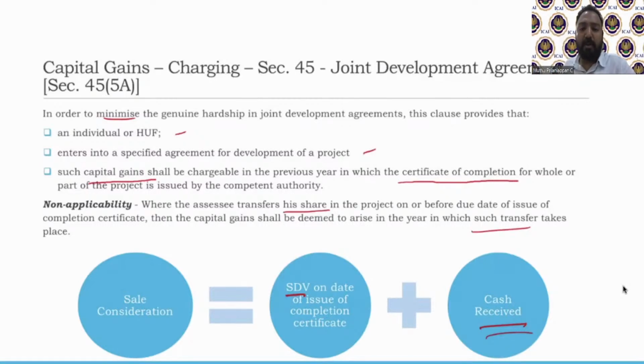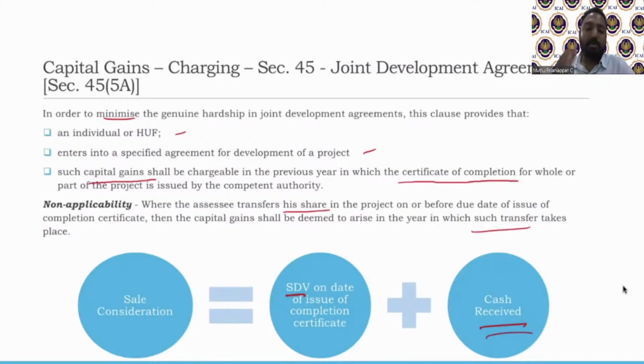Then we saw enhanced compensation, where we said whatever is enhanced compensation will be taxed in the year of receipt. Cost will be nil. And if it is an interim order, then the order date is what is relevant for taxability. If the person has passed away, the recipient will be taxed. If subsequently it is reduced, you need to apply to the assessing officer to get the refund or reduce your income. So that is what we discussed.